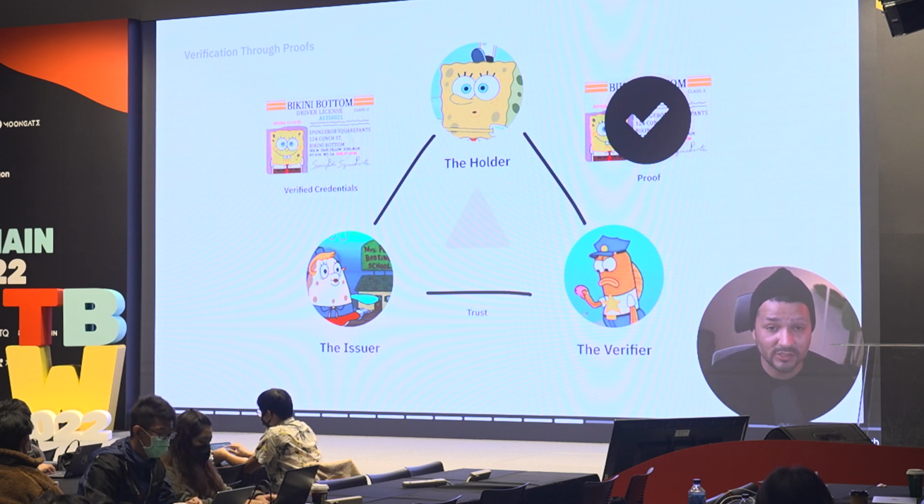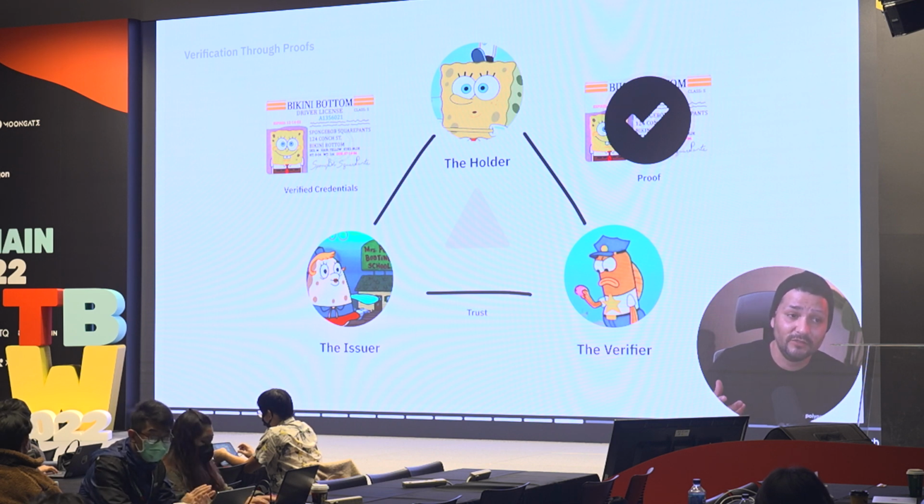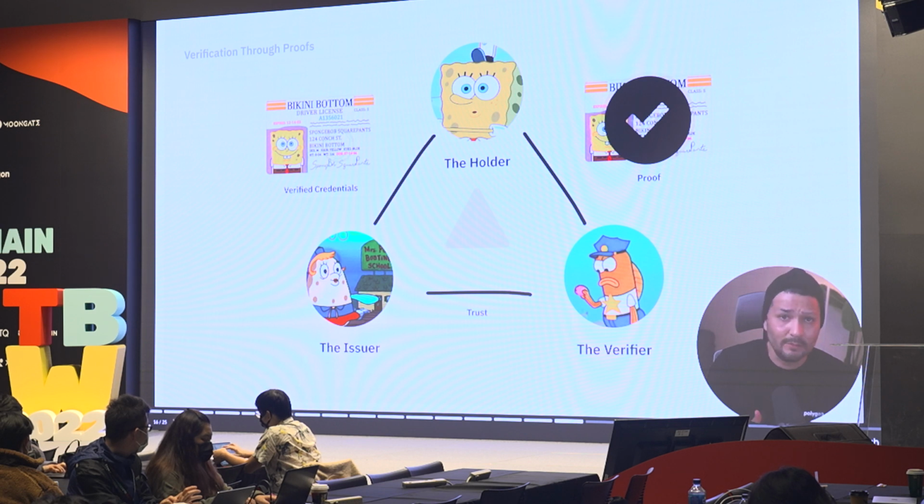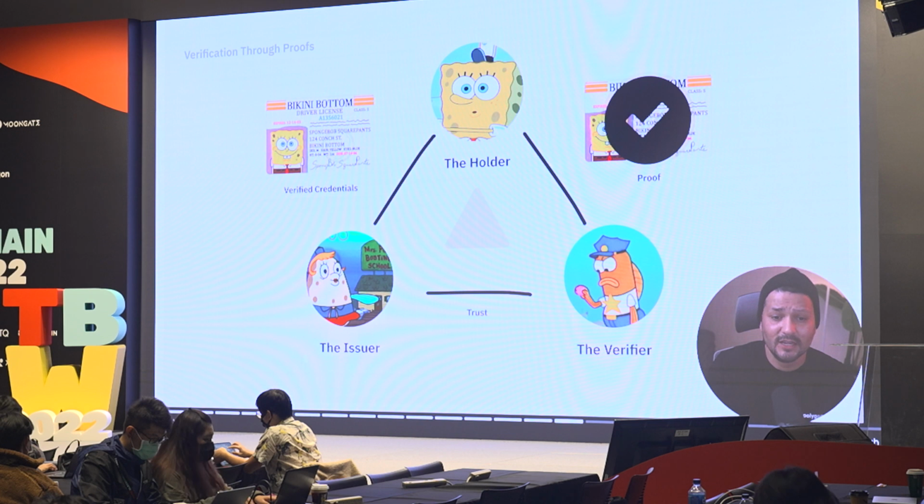just these cases where he's being prompted in terms of verification. That verification in terms of credentials is shown to the verifier. The verifier looks at the credentials and says, well, it comes from a reputable source in terms of the issuer because it's Bikini Bottom. So in that sense, I trust this driver's license. So there's this trust level in terms of a trust triangle between the verifier, the issuer, and the holder in